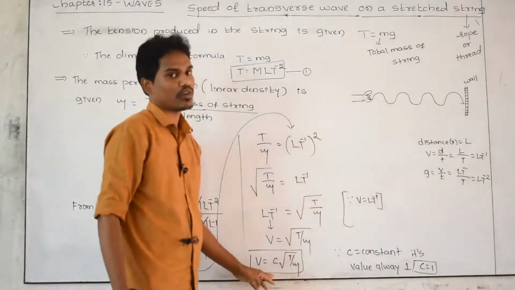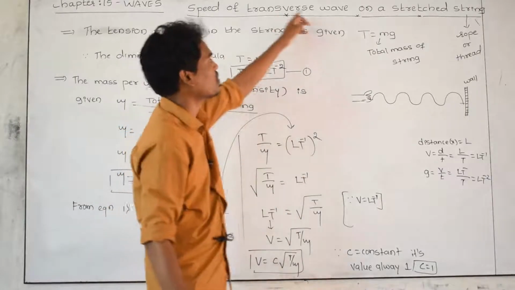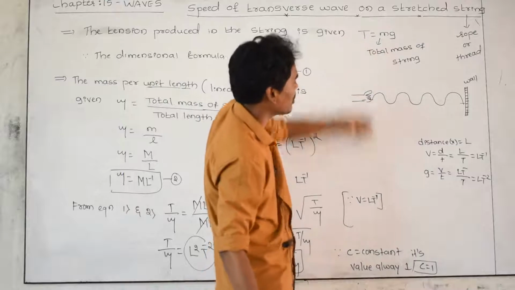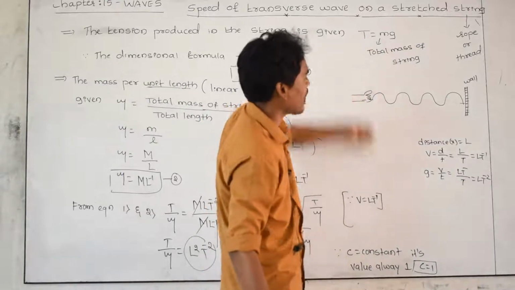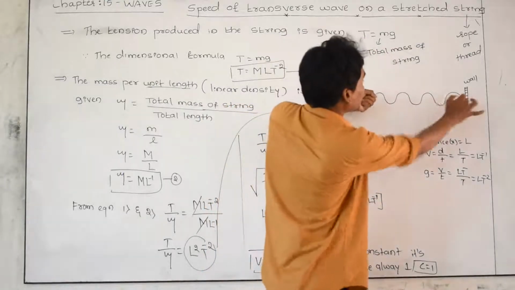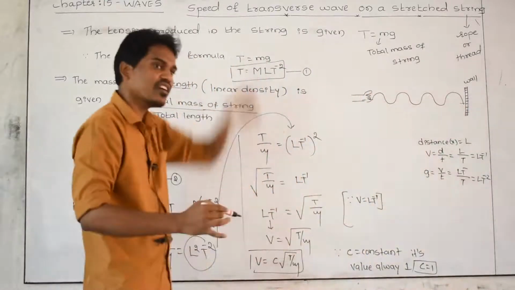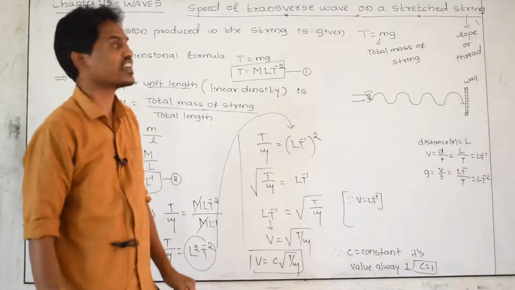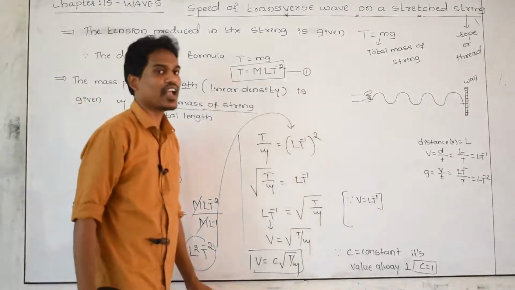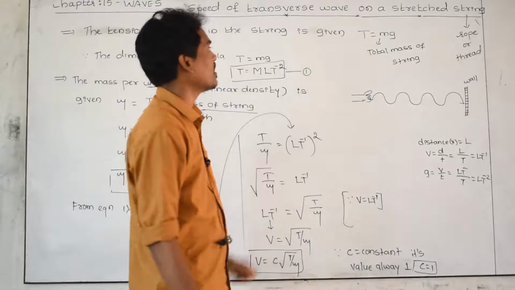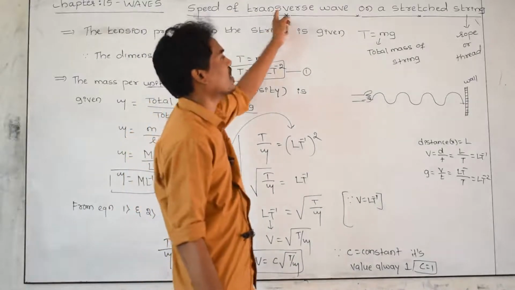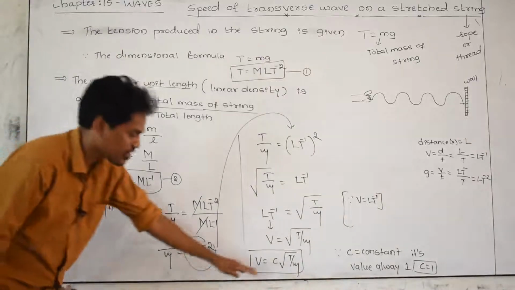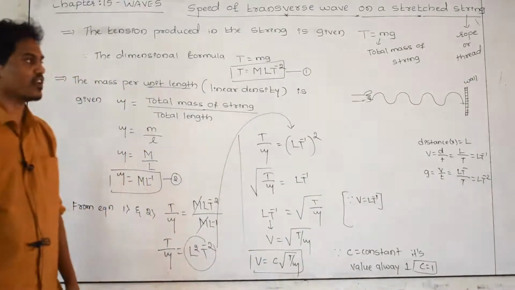And what is the transverse nature? If you give a jerk up and down with your hand, the jerking direction is in the y direction, and the wave direction is in the x direction. The angle between your jerking and the propagation of the wave, theta, is equal to 90 degrees. If the angle between those two is 90 degrees, then that nature of the wave we call a transverse wave. And this is a derivation. You just remember this formula, it is very important for your numericals.